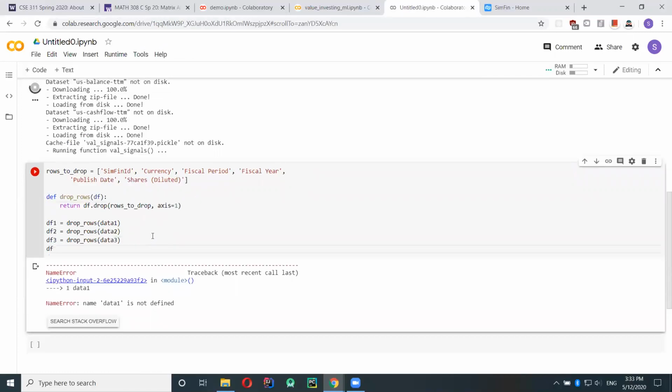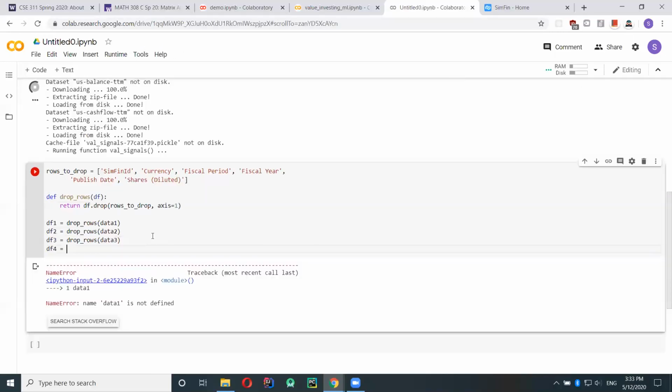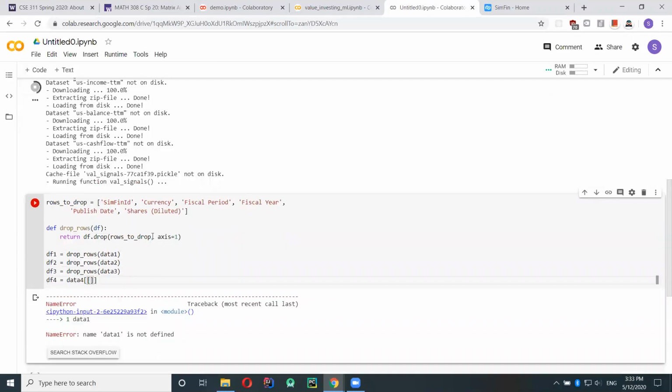As I mentioned before, for the fourth data frame, we only care about market cap.